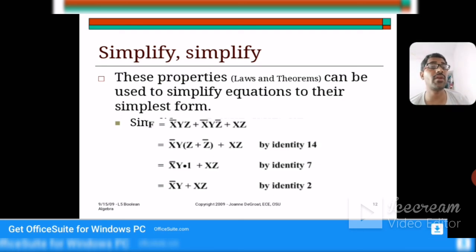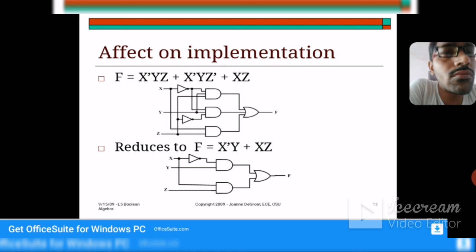The fewer the number of gates, the higher the speed of the equipment. So it is always good to minimize a Boolean expression in order to reduce the number of gates. So this is the figure. Before minimizing, how many gates are we using? 1, 2, 3, 4, 5, 6, around 6 to 7 gates. After minimizing, we are using 4 gates, right? Here it is showing 7 gates because all the additions are done by a single gate, that's why.